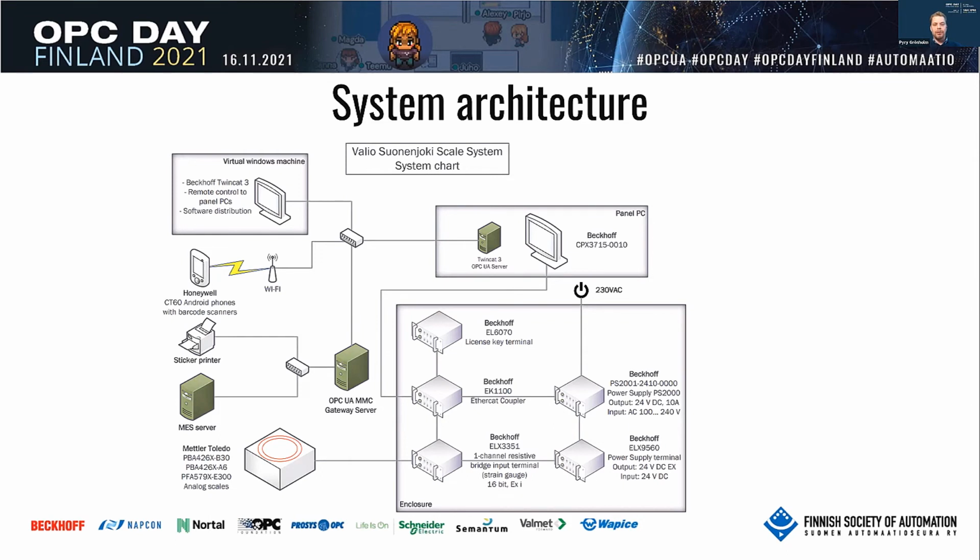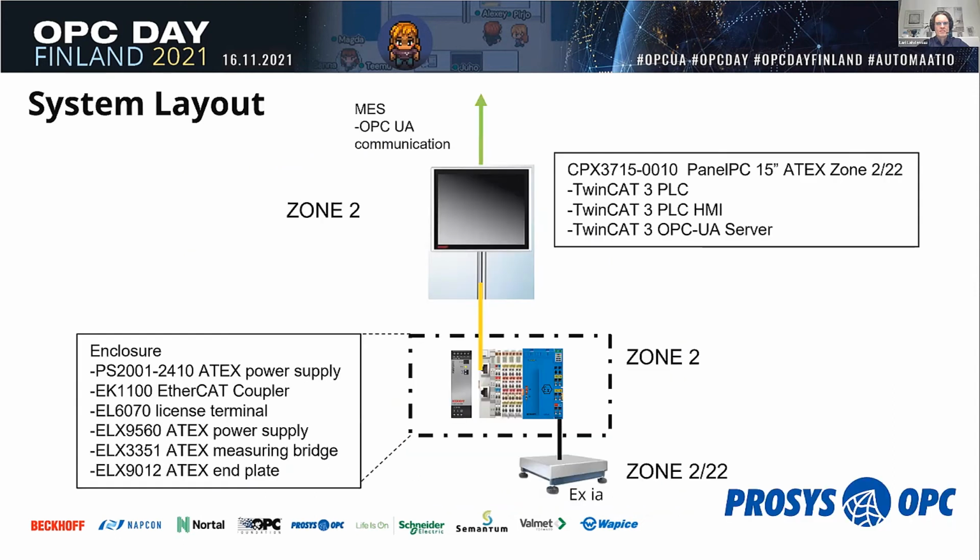But now I hand over to Lari to tell a little bit more about this Beckhoff part and why it was such a good fit. All right, thanks, Pyry. Yes, so I'll tell you a little bit how this automation control part was solved